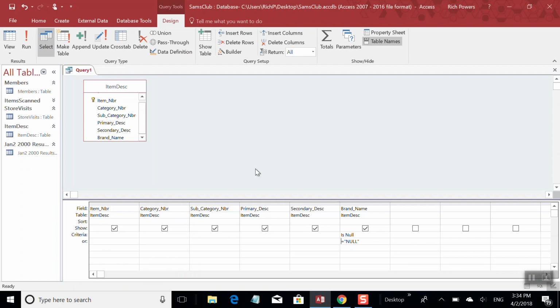When we run the select query, it will update everything that has null characters in it or has the word null in it, and we'll bring that back. So the way you create an update query is you take your select query, you click update, and what you'll see is it'll change your grid here, and it'll change this third field to an update to. So what we want to do is put in the primary description